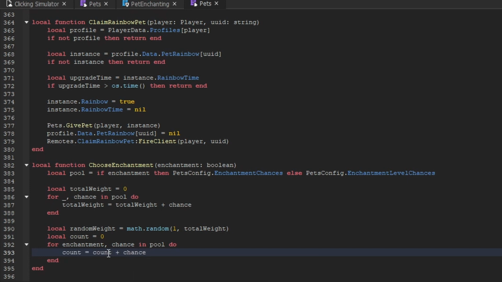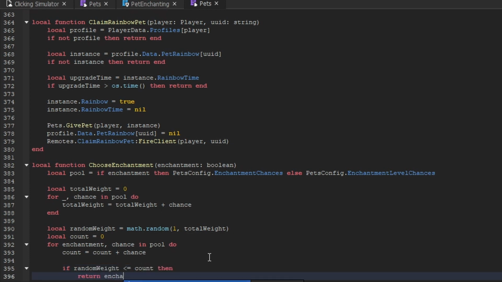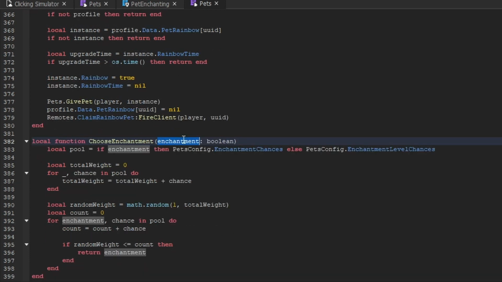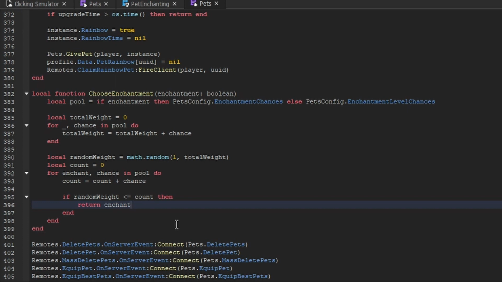Now inside of here, we want to add chance to the count variable, just like that, and then we're going to check if the random weight is less than or equal to count, and if it is, then we're going to return the enchantment. Another thing that I just realized is that we actually have two different variables named the exact same way, so what we should do, just to clear up any confusion, is name this enchant, and then we want to return enchant, just like that. So that function is going to generate our enchantment and our level, taking into account each of their chances, and